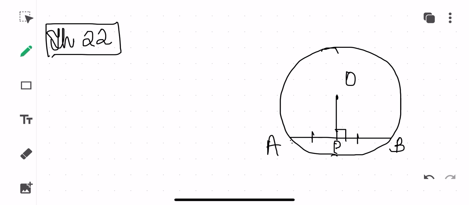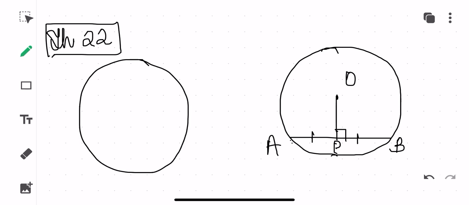Once again I will be discussing this. It says that suppose there is a circle and I have a chord AB. Now from the center, if I am dropping a line which is dividing this chord AB into two equal halves such that AP is equal to PB, then this particular line OP will be perpendicular to AB. Okay, so this is called what? OP will be called the perpendicular bisector of chord AB.